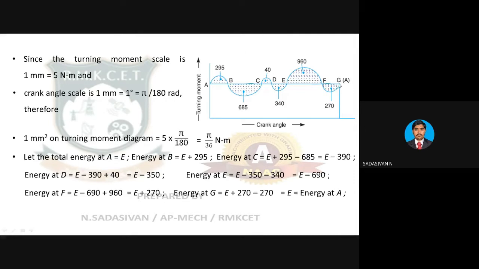Again, you see G within bracket A. What does it tell you? The energy has become equal to point A again, and this cycle keeps going on up to infinity. How many cycles are you going to have? The same cycle is going to repeat itself again and again. So this single graph up to a value of pi radians is going to represent the functioning of the effective energy of the cycle.